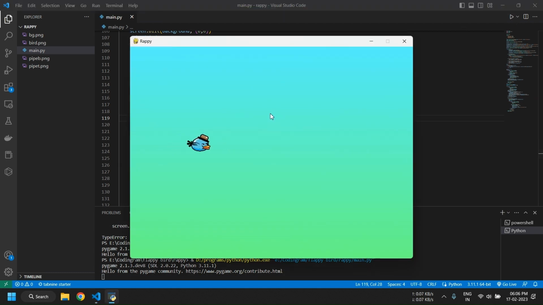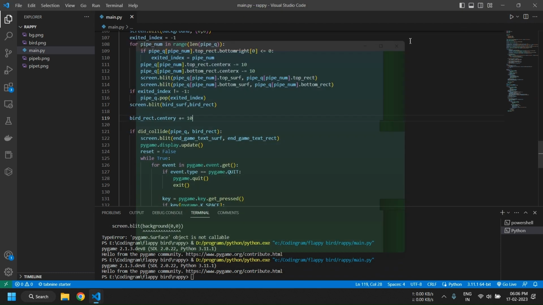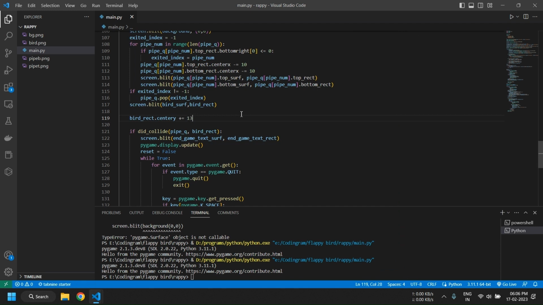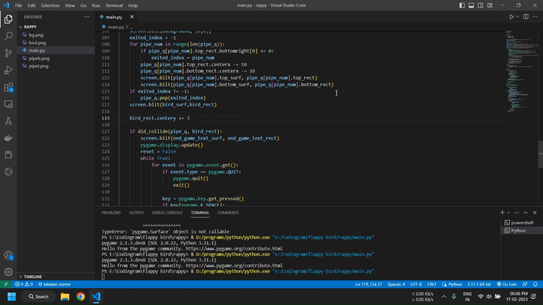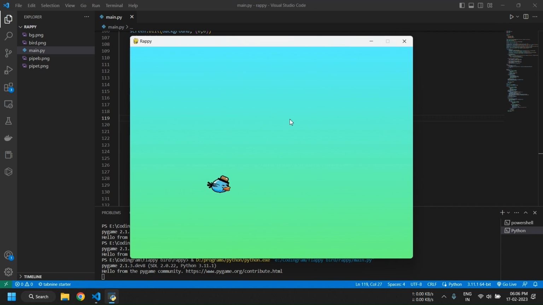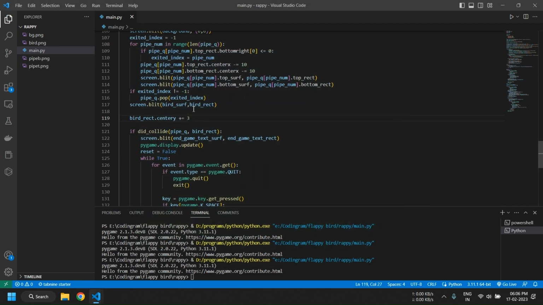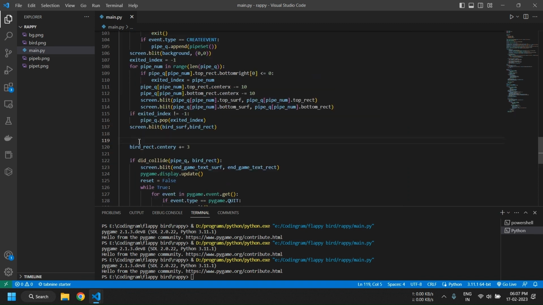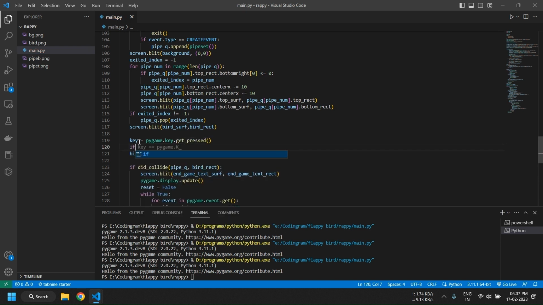So we start the game, the bird is going way fast. Let's try maybe 3. Now this feels a bit more like it. Now if we press space key, then it should go up. First we get whatever the keys were pressed, pygame.key.get_pressed, and if key of